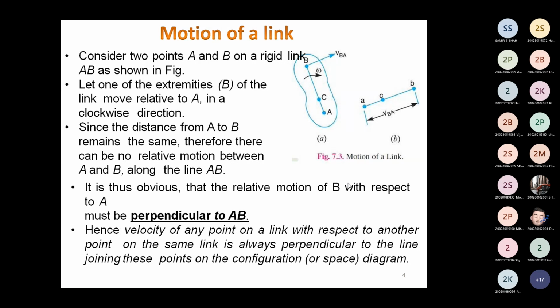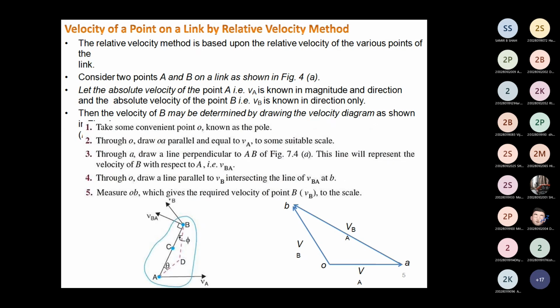When we draw only the radial part or only the tangential part, there are some rules that we discuss one by one. Initially, you remember that if only angular velocity is given to you, then that link should have only a radial part. If only angular velocity, that is omega, is given in the data, then at that time we keep only the radial part as the acceleration diagram or acceleration link.